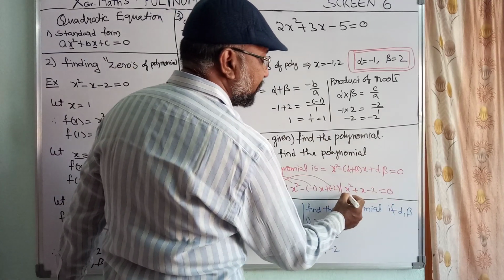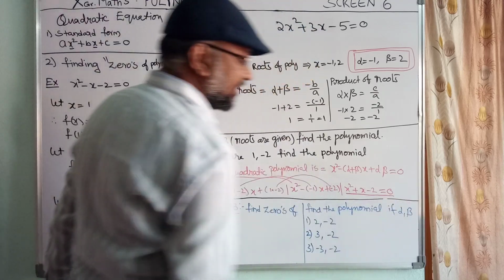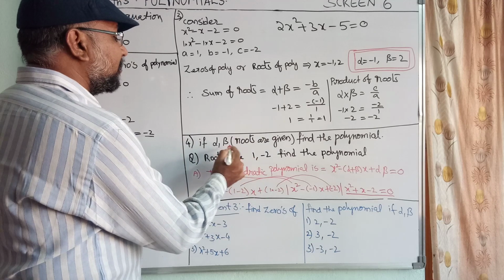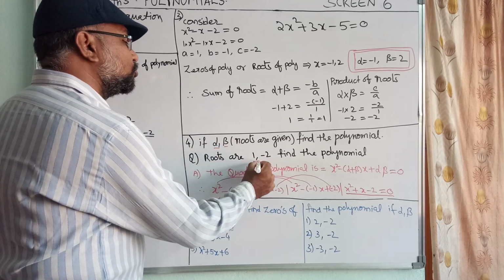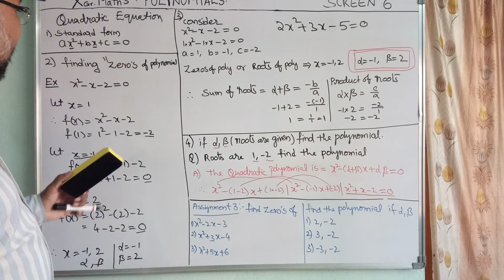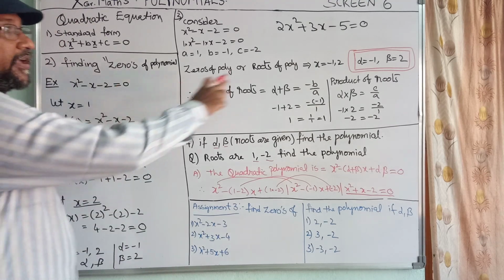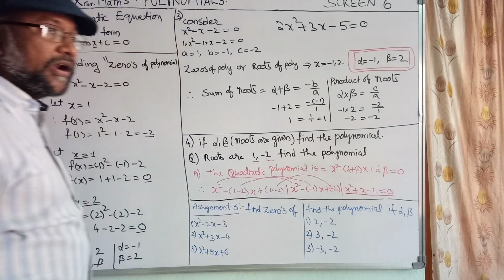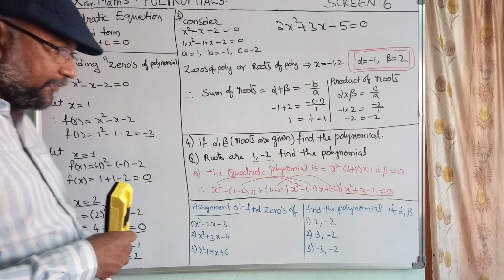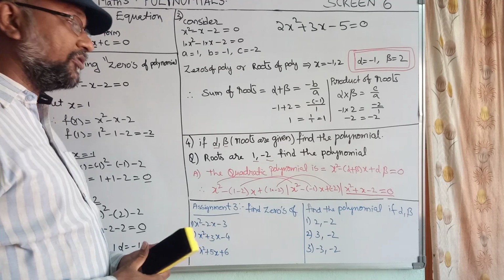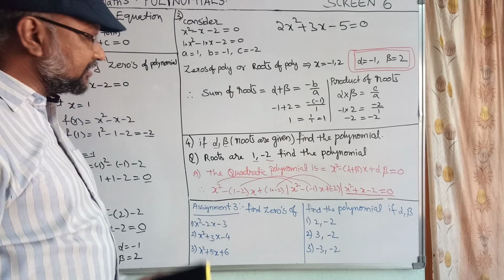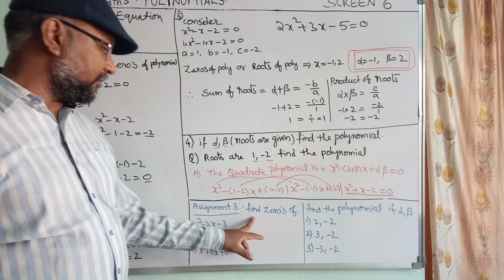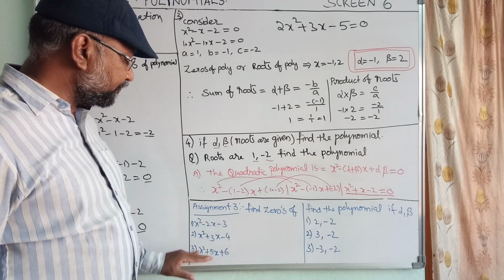equal to 0. Therefore, this is a quadratic equation found by using alpha and beta, by using two roots. If you have a quadratic equation, you can find two roots. If you have two roots, you can find a quadratic equation. That's all. But practice is required for these concepts. That's what I have divided into two questions. One is to find the zeros of a polynomial quadratic equation.